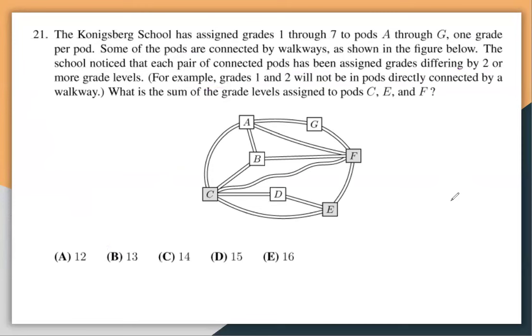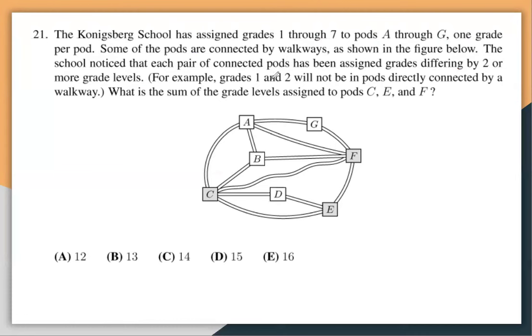So it's getting a bit challenging. We have a school assigning the grades 1 through 7 into these pods, A through G, one grade per pod. Some of those are connected by walkways, as given. The school notes that each pair of connected pods has been assigned grades differing by 2 or more